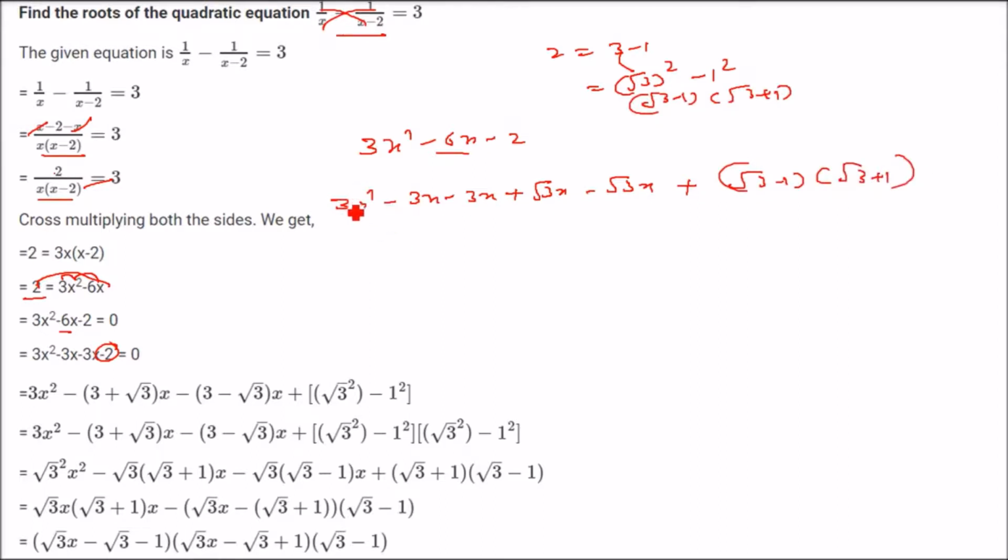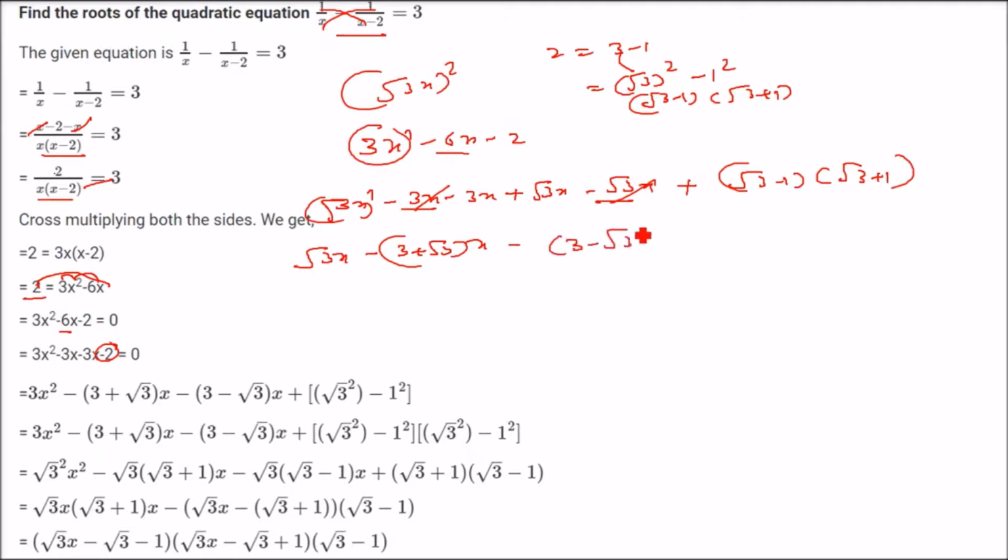Now if you see, this 3x square can be written as root 3x whole square. So I am writing this as root 3x whole square, right? Here I am taking this minus 3x and minus root 3x. So I am taking 3 plus root 3x, I have taken these two. Now here, minus, I am taking common, so 3 minus root 3x plus root 3 minus 1,